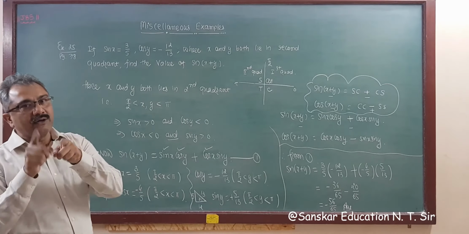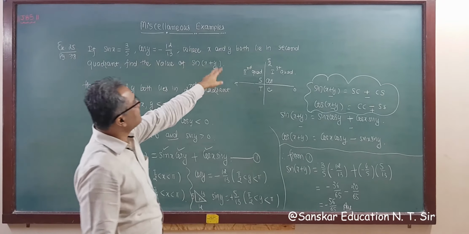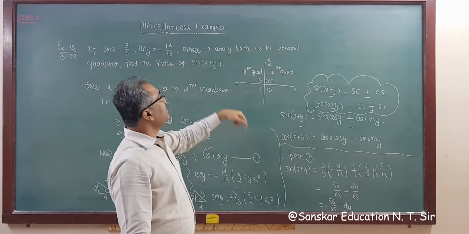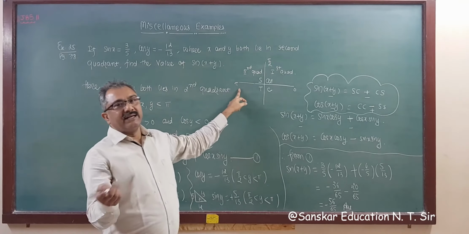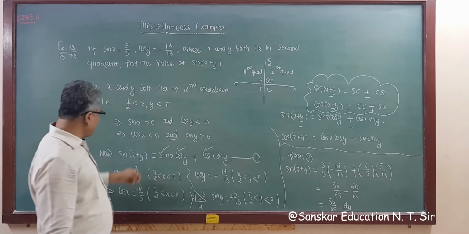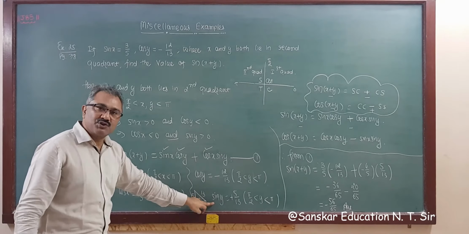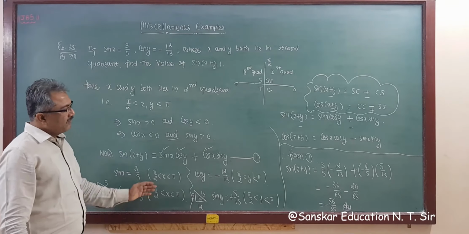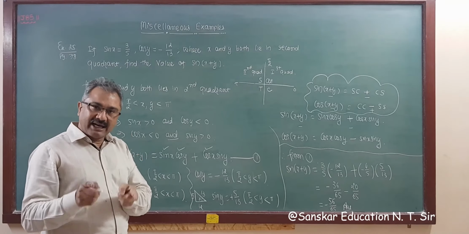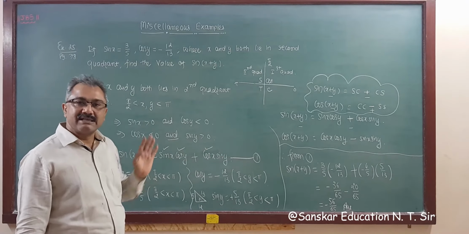So you have to calculate the required value using the given condition. It is given in the second quadrant, and the second quadrant is pi by 2 to pi, and in the second quadrant sine is positive, cos is negative. So we apply this: sine is positive, cos is negative. Give the proper sign to the proper function, and you will get your answer easily. Okay?